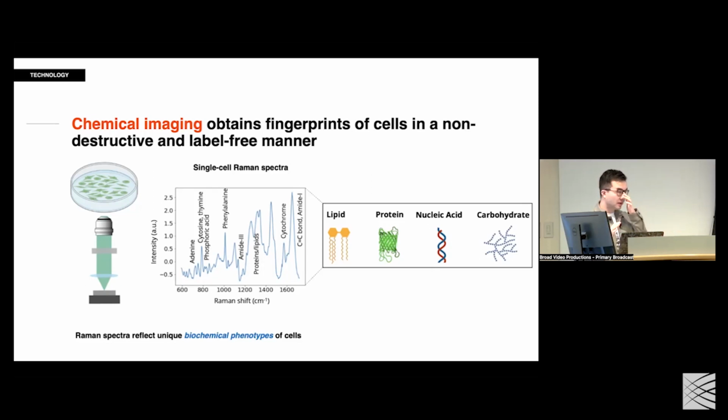So if you're asking me which protein is actually this, we don't know. But there are computational ways to deconvolute all this information too. But for this, we're doing a composite measurement of different kinds of molecules inside of a cell. So this will give us a fingerprint or a profile of a cell in a non-destructive and label-free manner. Just put the cell there, take a picture. They will give you 1,000 dimensions per pixel.